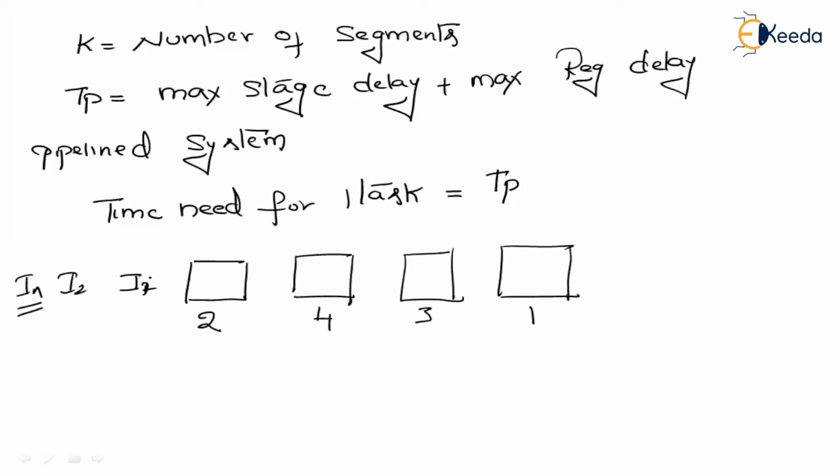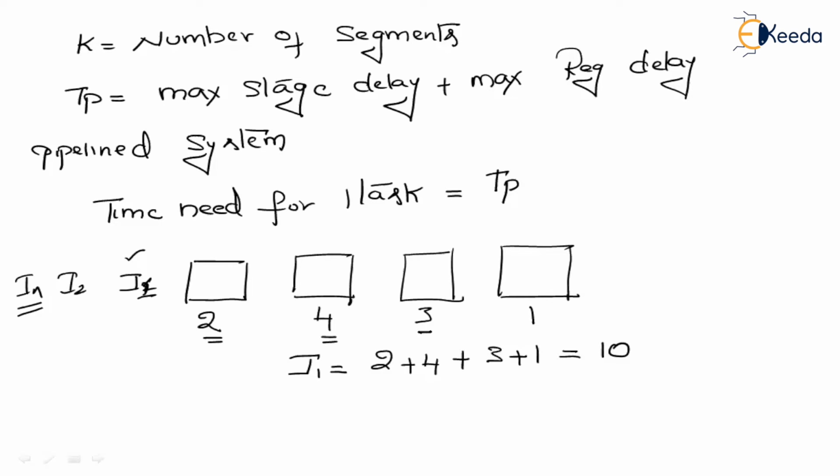You know that the first instruction will have to go through all the phases. The first instruction, I1, will consume all the clock cycles. In order to execute the first instruction, we require all the clock cycles, that is 2 plus 4 plus 3 plus 1. That is 6 plus 3, 9, 9 plus 1, 10. These are the examples.